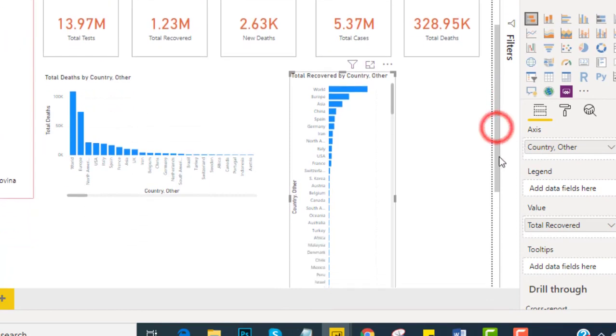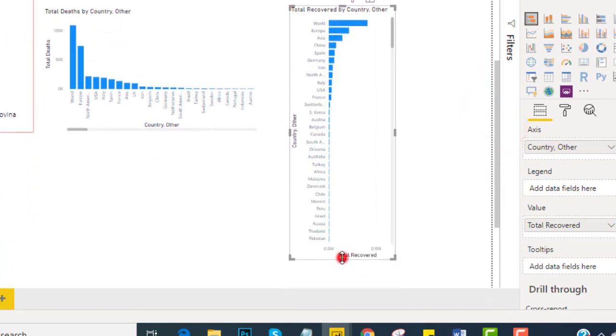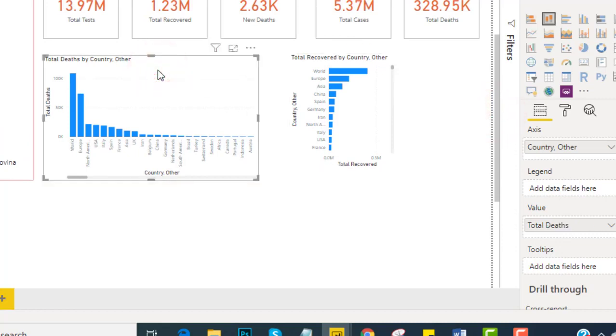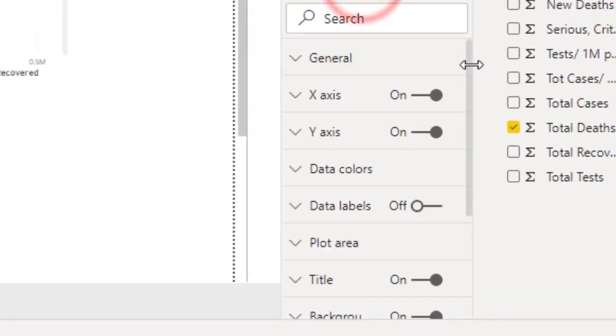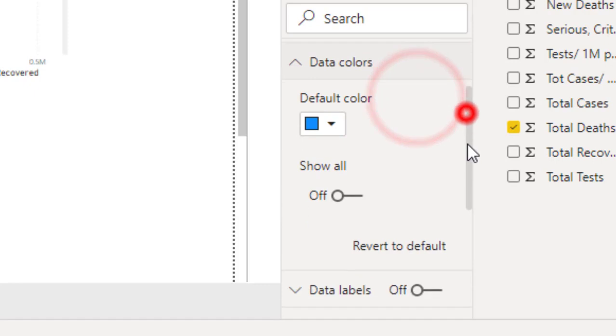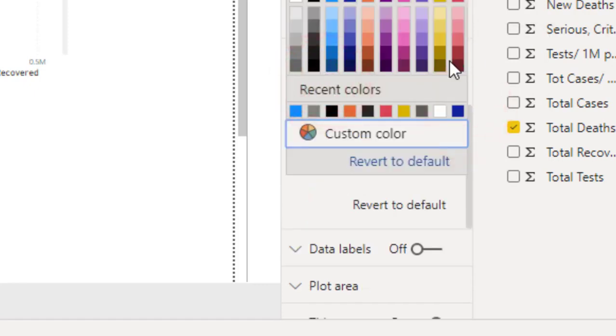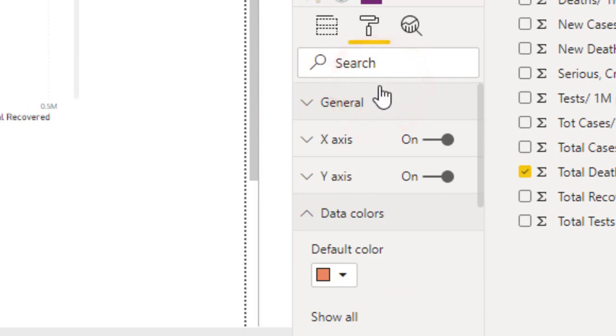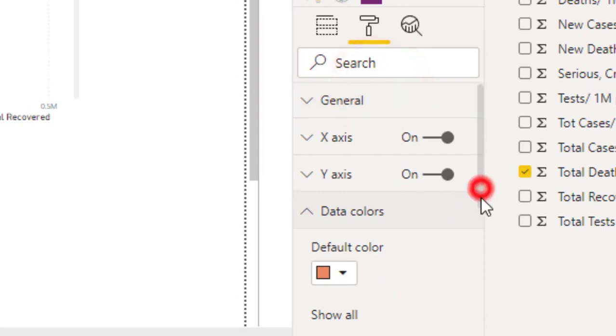So you can see over here this is our other chart, having this kind of scenario. So I go over here and give some styling to it, like the data colors should be around, I think this one is good, and then